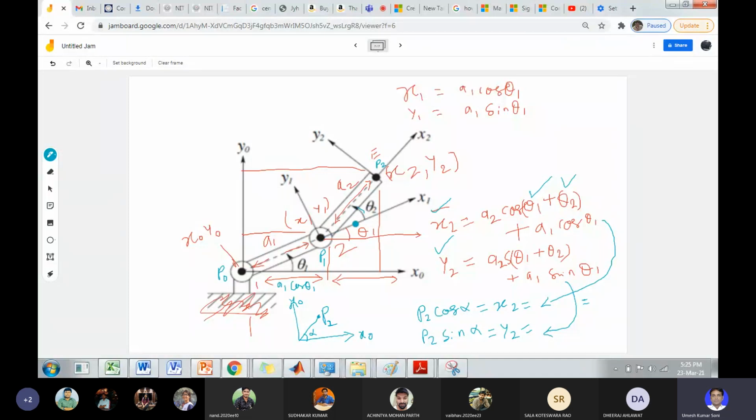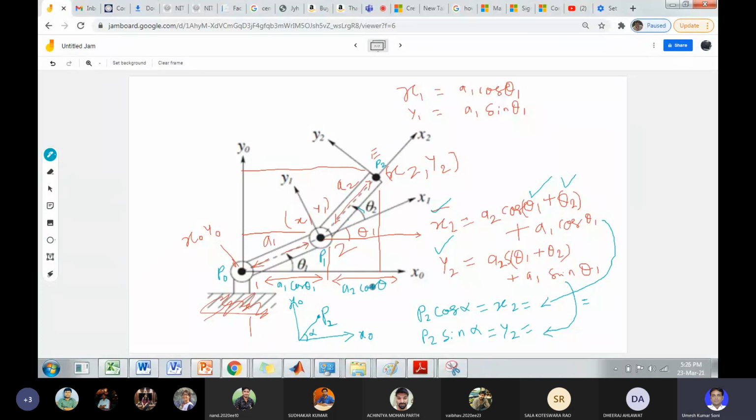The angle between the direction of link 1 and 2 is theta 2. From the base frame, the angle of the first link is theta 1, so this is the same angle theta 1. So the overall angle from the horizontal of the second link will be theta 1 plus theta 2. The projection is A2 cos of